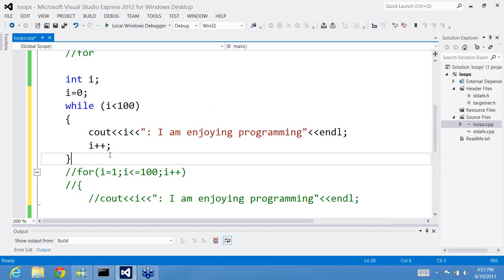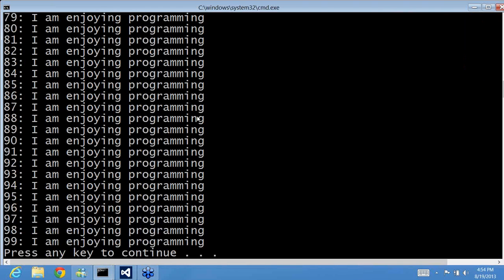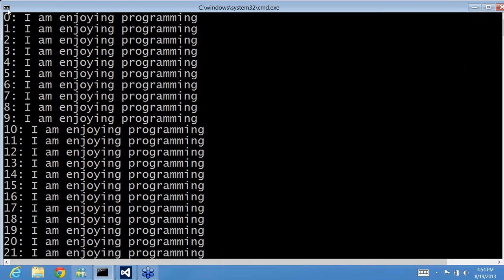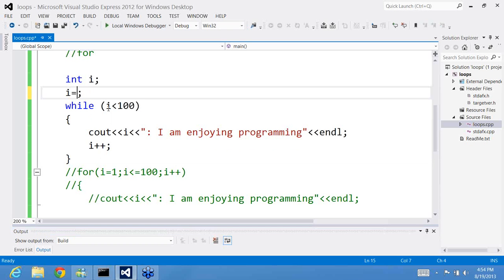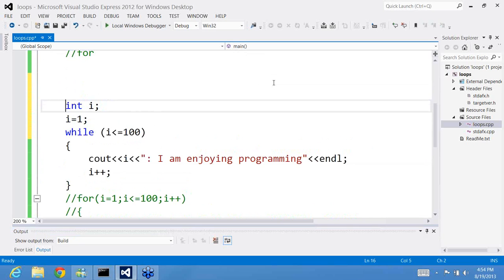If it's going to do the same thing and you run this program again, you will see 100 times. This time I start from 0, so it's printing from 0 to 99. It's the same thing. If you want to see numbers 1 to 100, you change the start to 1 here, and the terminating condition should be less than or equal to 100. The rest is the same. Now the third way of writing a loop is